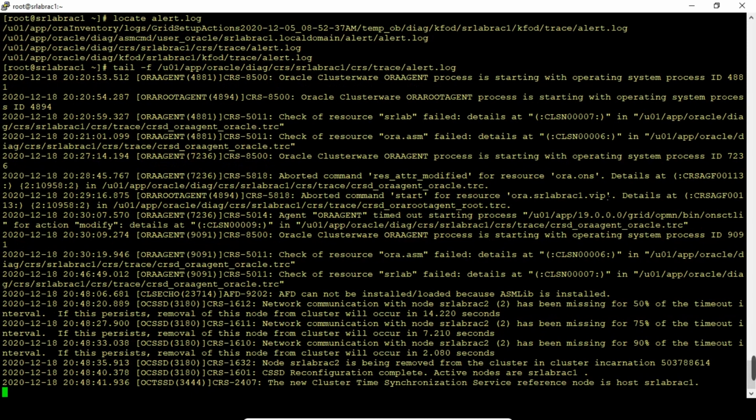It keeps checking multiple times, 3 or 4 times, whether the same node is available or not. If it is not available, the database services and all other services start relocating to the available candidate node. So now it is going to start on the other available node, SR lab rack 1. Let's see.